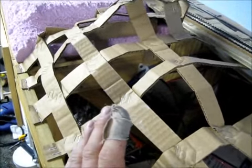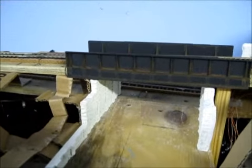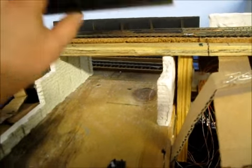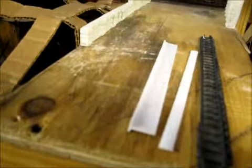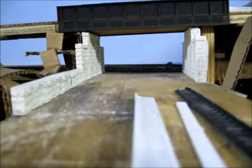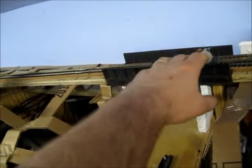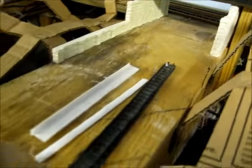Now over to another project that I'm doing. As you see, I'm starting to get some of my cardboard webbing started, as well as the foam that you saw here. But I got this right here. It's not glued in yet. I'm not going to glue it in just yet until I'm almost ready for it. This is where my road, two-lane, one going, one coming, going straight back. And I was going to do it one way, but it turned out didn't look so good. So since I had an extra one of these bridges, I decided to cut the centerpiece out,